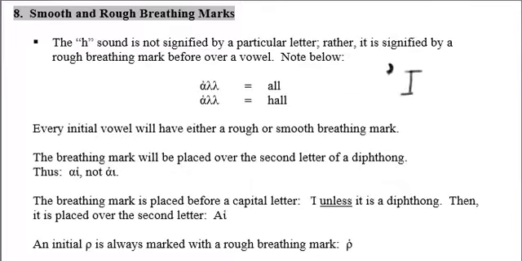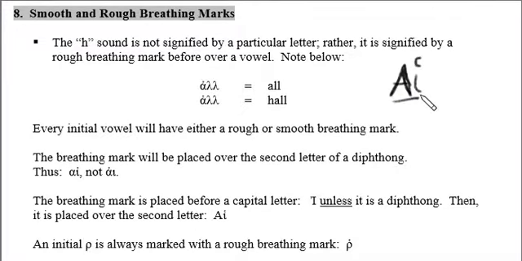Now, if you have a diphthong at the beginning that has one letter capitalized, that wouldn't matter. We have our capital alpha here, right? Because I could still put the breathing mark, that would be "i," and this would be, I'm sure you can tell me already,